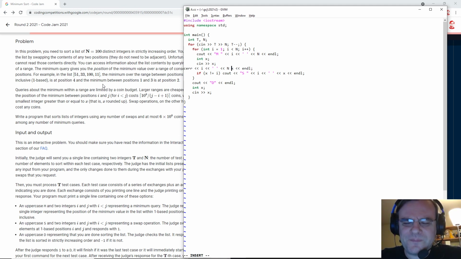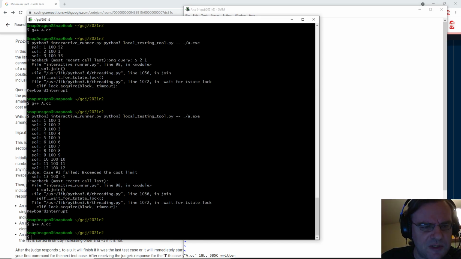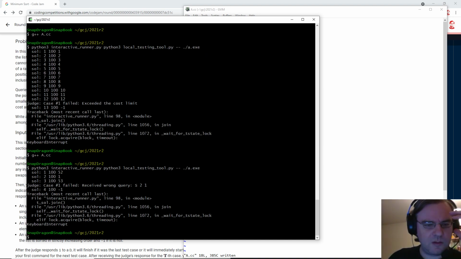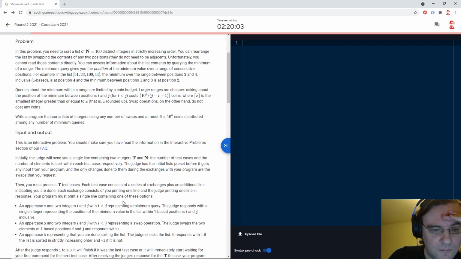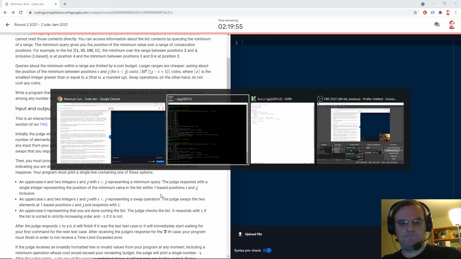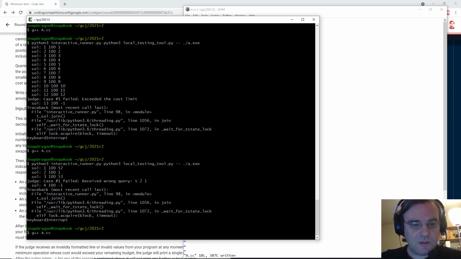What? What's going on here? How can I query between 2 and 100 and get the answer 1? I assume if I do this, that's an error, right?